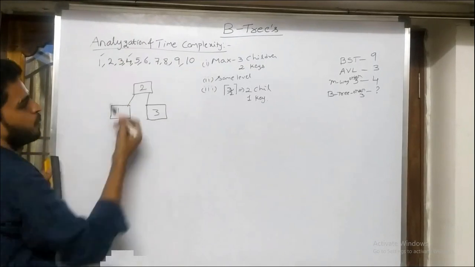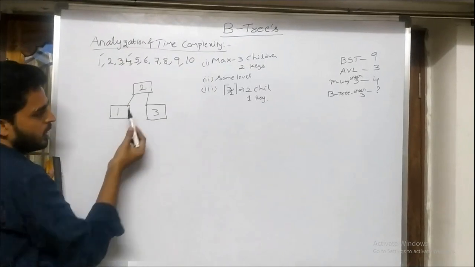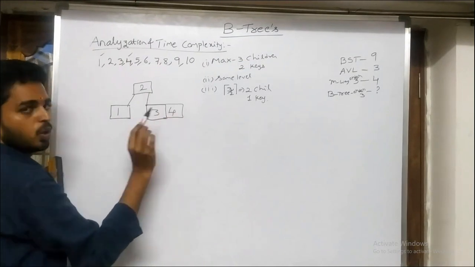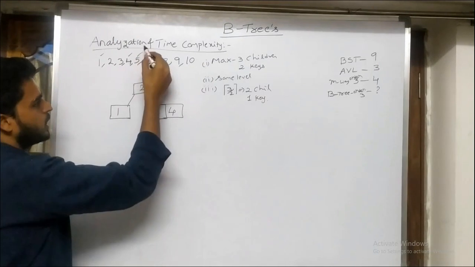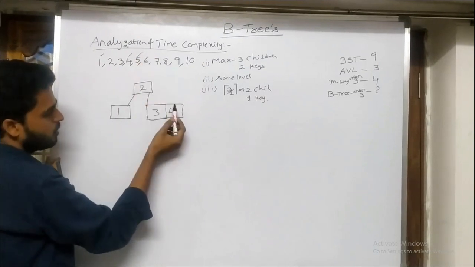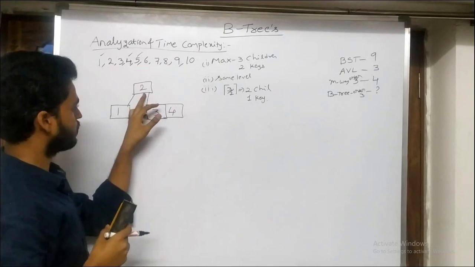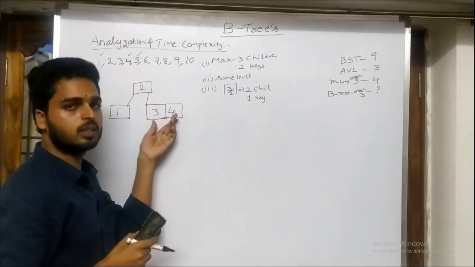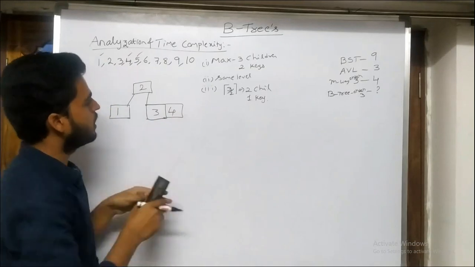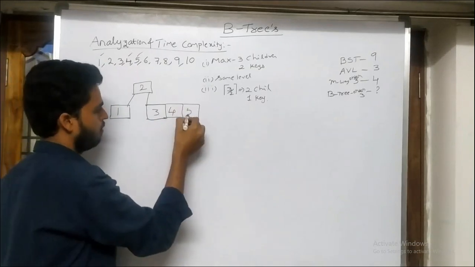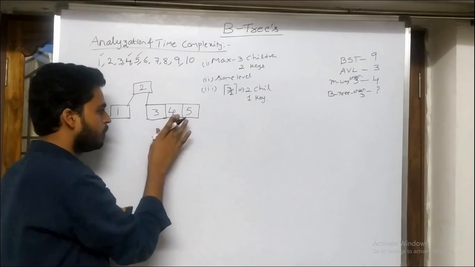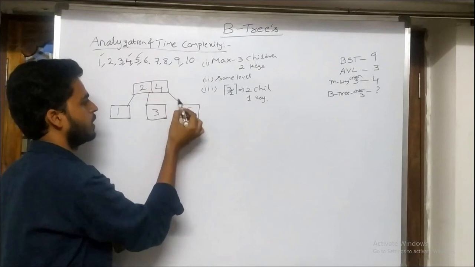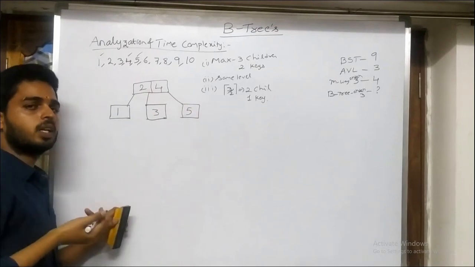Next I got 4. I will check for the leaf node where 4 is inserted. 4 is greater than 2, so here my leaf node is inserted. Is it already full? No. So second case, okay. Next 5. 5 is greater than 2, so I will come to here. Yes, this node is already full, meaning the third case. In the third case, if it is already full, we need to insert that 5. After inserting 5, we need to pick up the middle element and make it a parent. That's it. If the parent node is already full, we will make.